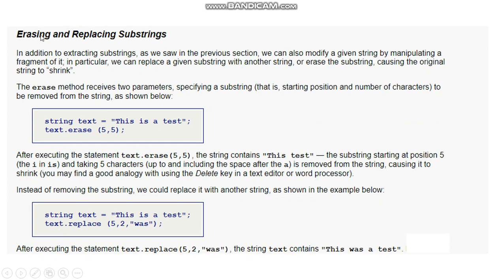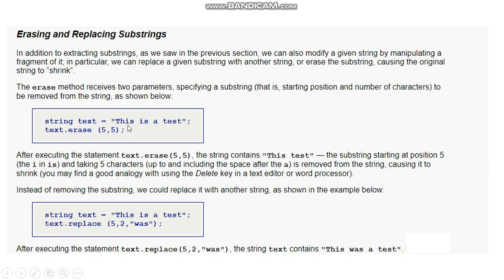The next functions are erasing and replacing. Let us consider this example. The text has the value, this is the text. Here we are going to erase a part of the text using the erase member function. The beginning and end of the substring is given, and that part will be removed from the original text.